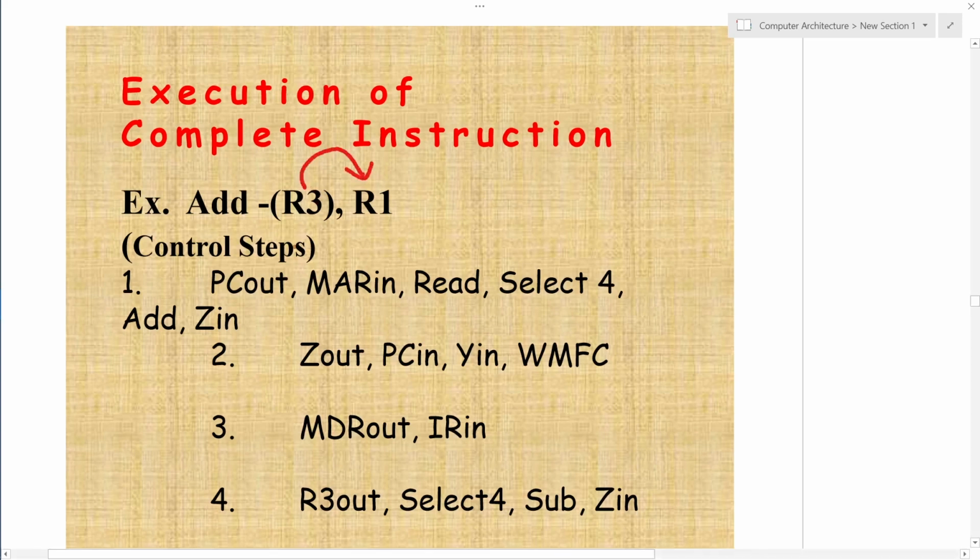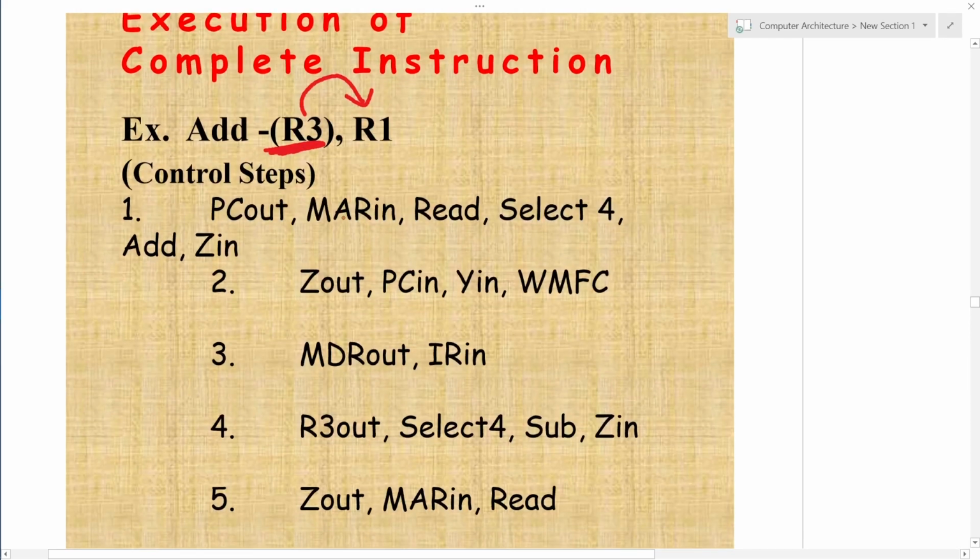So this is the interpretation of this example. So what do I have to write? I have to first read this location with the help of the memory address register, and then once it is accessed through the memory address register, I have to read the content through the data register and transfer it to R1. But before that, the register must be decremented. So I have to start with step 1, step 2, step 3, the common steps for instruction fetch.